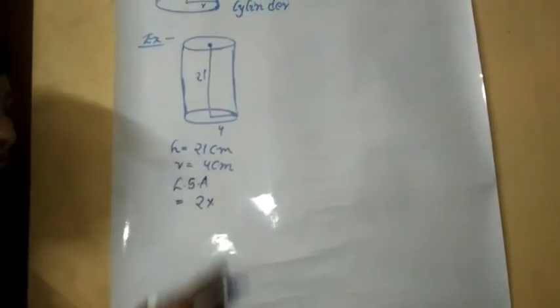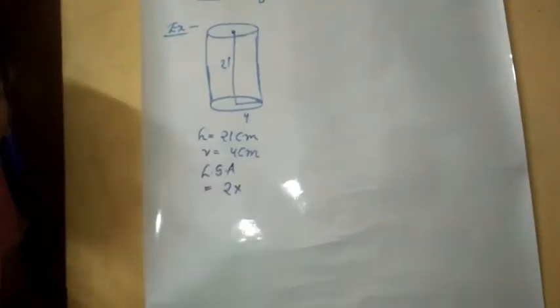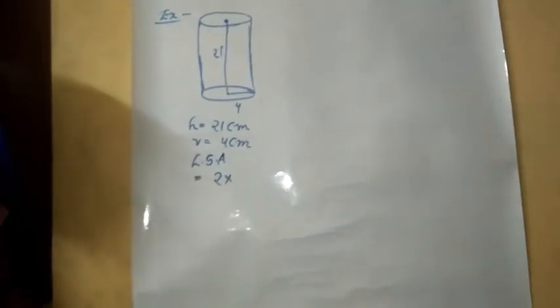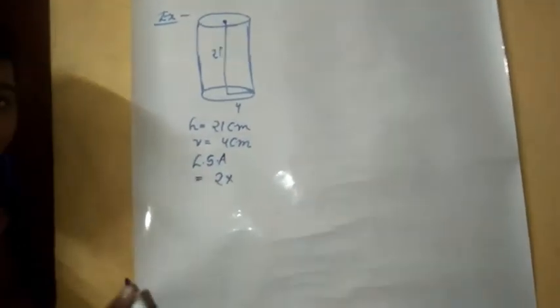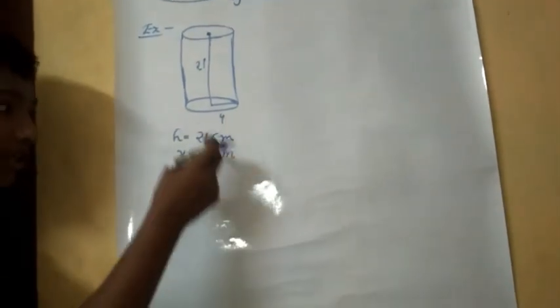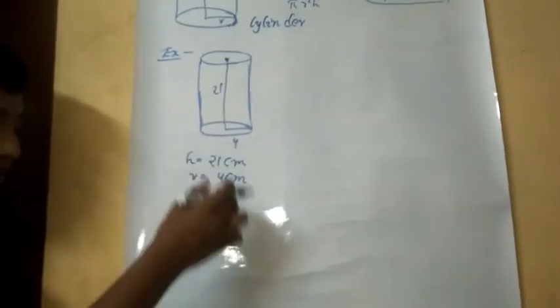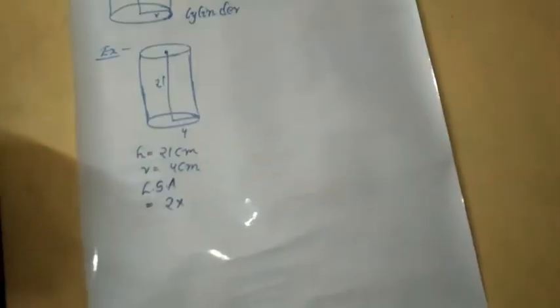2 into, so friends, don't worry, pi value is 3.14. Multiplying the decimal value 3.14, it will be hard to multiply all the numbers. So friends, take 22 by 7. 3.14 and 22 by 7 both are equal. The pi value is 22 by 7 or 3.14. Anything we can write. I am writing 22 by 7 because there will be a cancellation. So in the 7 table, 21 is there. So 7 3s are 21. There will be a cancellation.